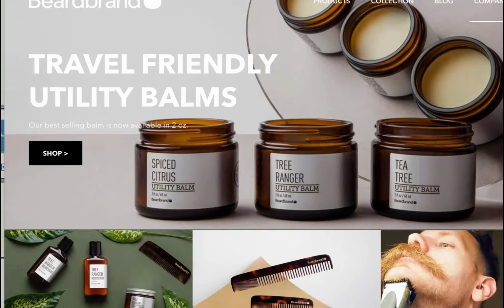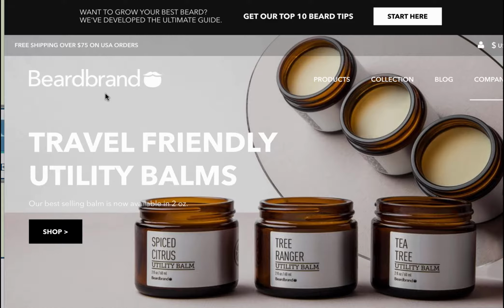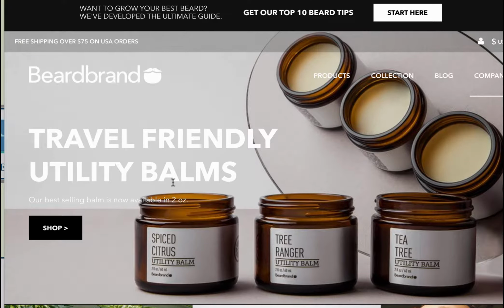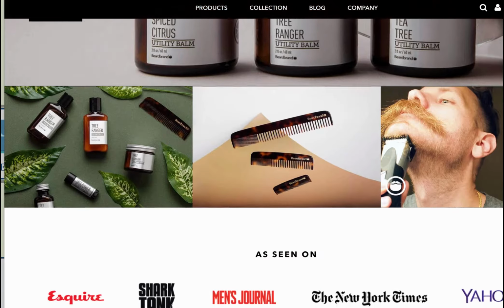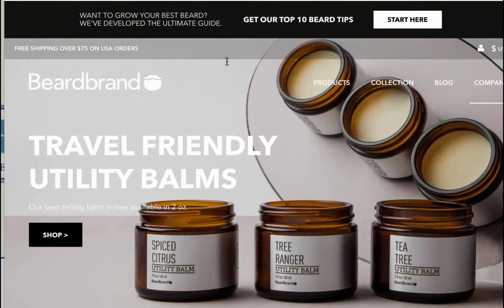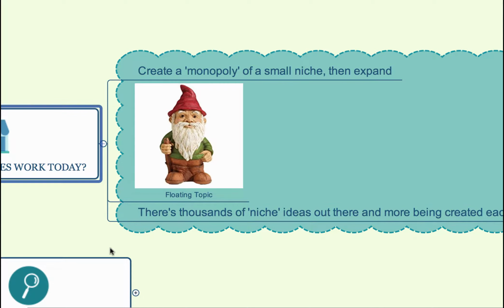Now, here's another one you probably heard of before. This is a really good example called Beard Brand. When it started, this was just a site that catered toward guys' beards. There wasn't really anything else online. Now there's some other stores that have copied them, but they have a good brand now. They even have brand in their title, Beard Brand, and this is a really niche store focused on this little sub niche of guys that like to grow beards, and put stuff in their beards, like balms, and trim them a certain way and stuff like that. So that's what is really working today, and what people seem to have the most success with.